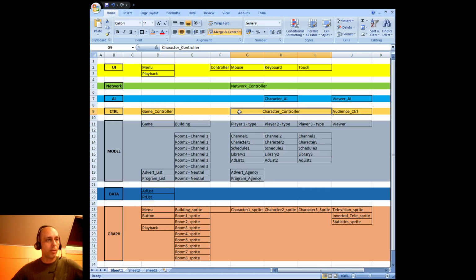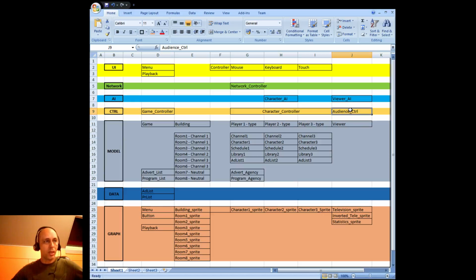Then we have the character controllers, and whenever a player moves around the building and interacts with the objects, they will do it through their character. So I'm thinking the character controller will handle any player input and transmit that to the underlying model through the character. And then we have the audience controller,